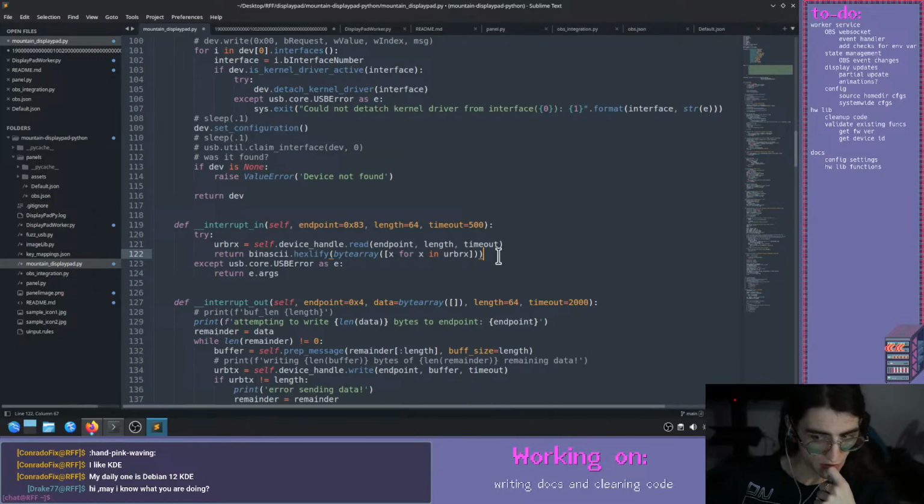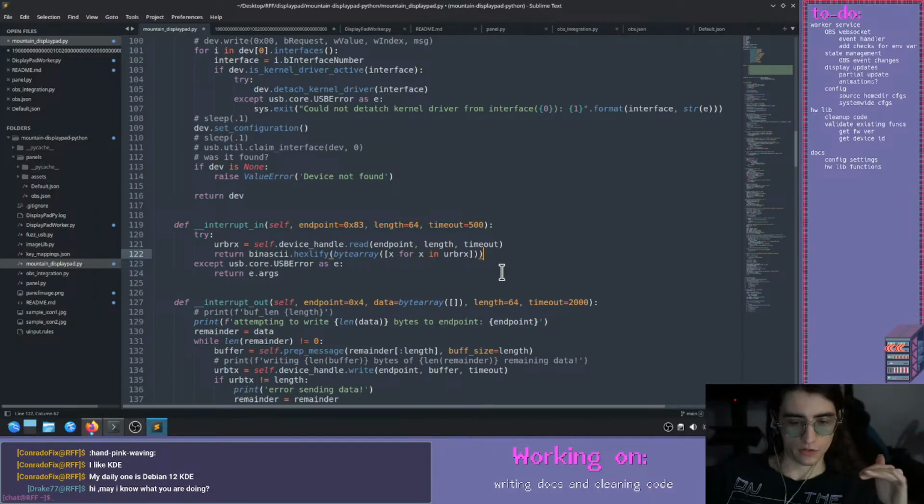Because it is only sending 64 bytes at a time, I need to keep calling interrupt in until I've got all of my bytes back, and then I'm done. And then it's ready for another request or another command. Otherwise, it gets stuck in this kind of limbo state where it's waiting to send me data, but I haven't requested it yet. I don't want it to be stuck in that state, so we need to add some checks in here. So I think what we can do is, let's do,